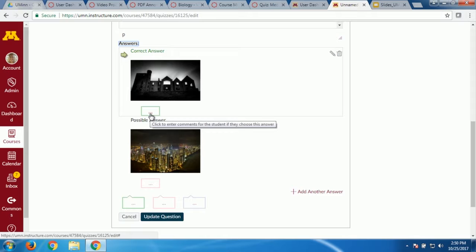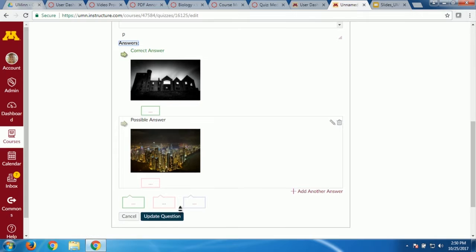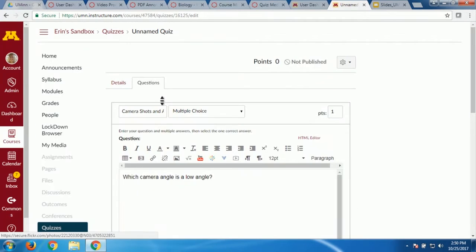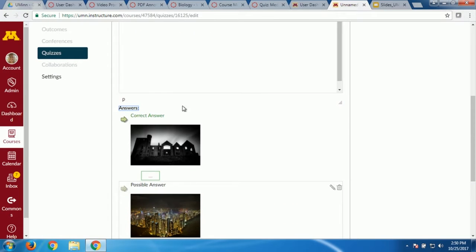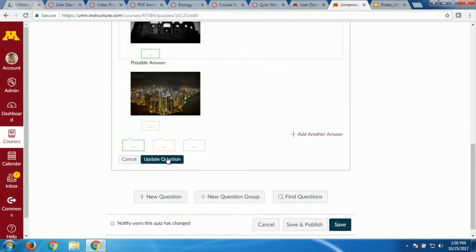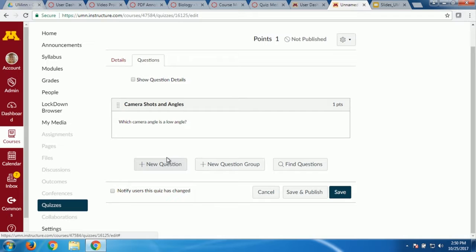You also have these little feedback boxes. That's how, if you want to, when you're giving feedback, you can give correct and incorrect answer feedback. Great job, you got this right. Or, sorry, that's incorrect. Here's a resource for how to learn about this topic. Then you just want to make sure you always, besides checking the answer that's right, it defaults to the first one. This little arrow says which answer is correct. So it's the first one that's right, and then I click Update Question.